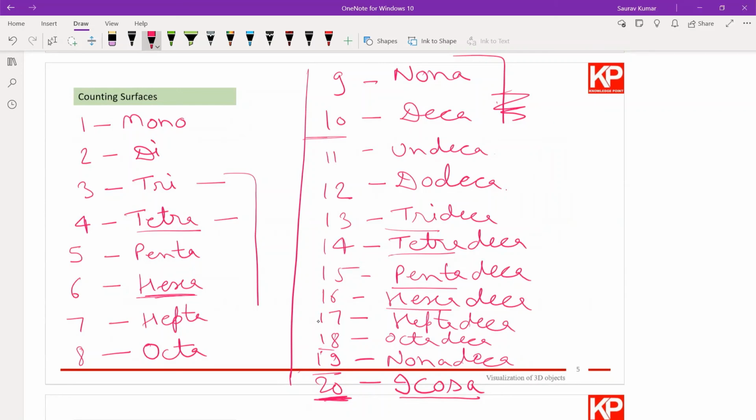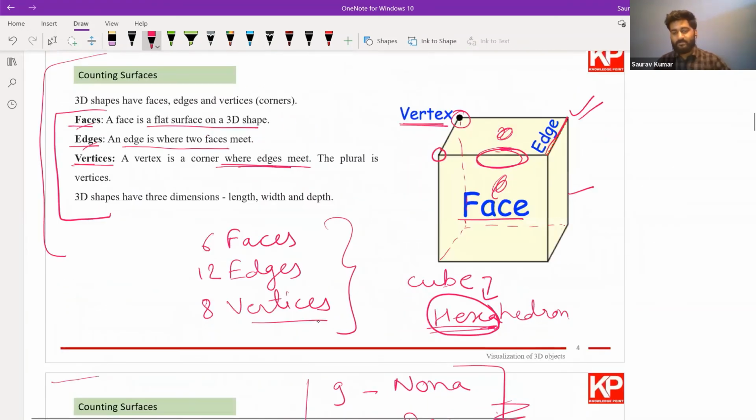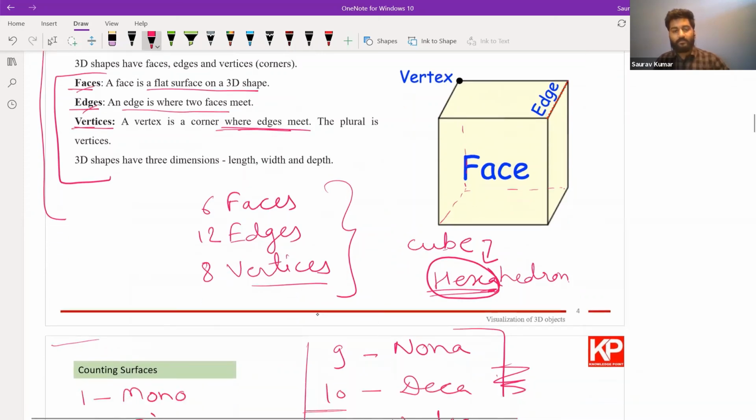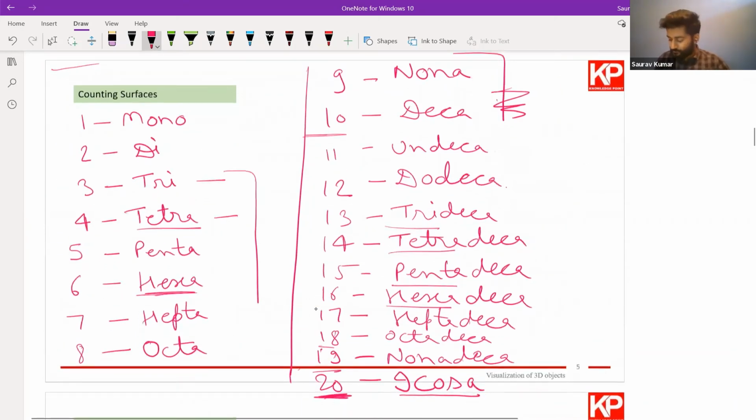So from this slide, these two slides are actually very important. The first example slide is that you should be able to identify the edges, vertices, and faces in a 3D figure in an image that would be given to you. And in this second one, you should be familiar with all these terms. Remember,